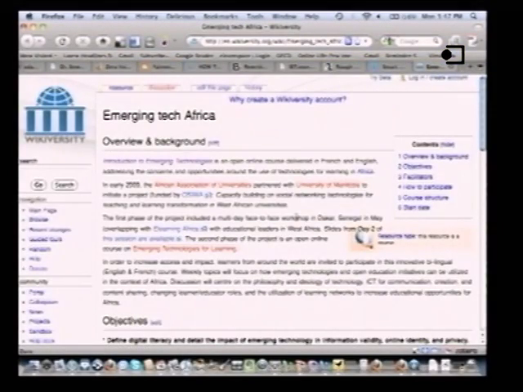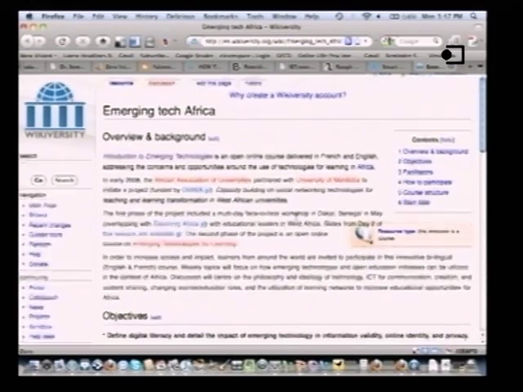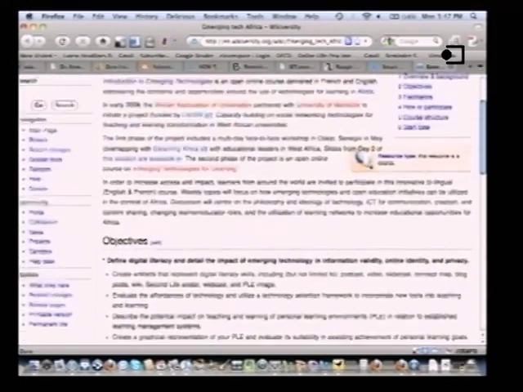We used Wikiversity. We initially thought, should we use University of Manitoba? We have a MediaWiki site set up as well. And so we decided, no, we would go with Wikiversity for the sake of supporting Wikiversity, which is a great project, but also so that if for any reason we didn't have our site available, there was still a copy of it.